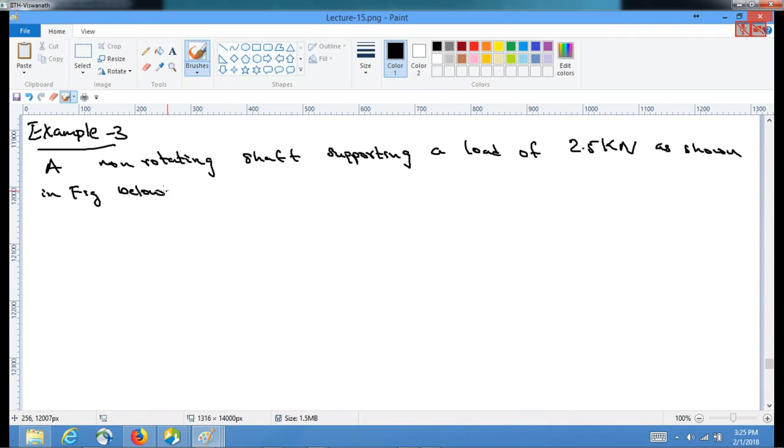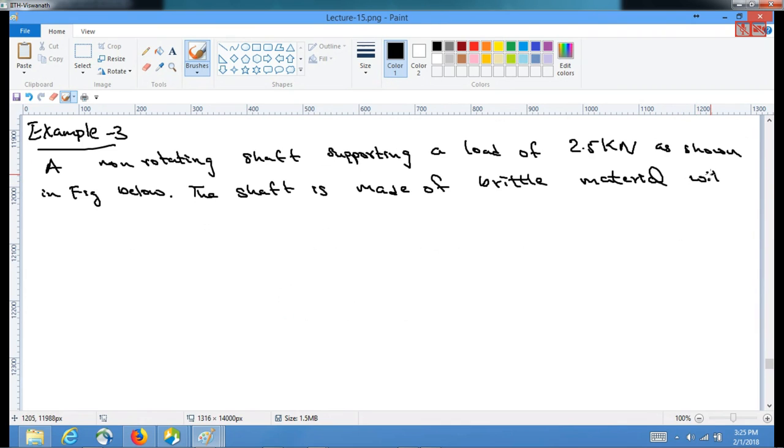We'll put the figure soon. The shaft is made of brittle material